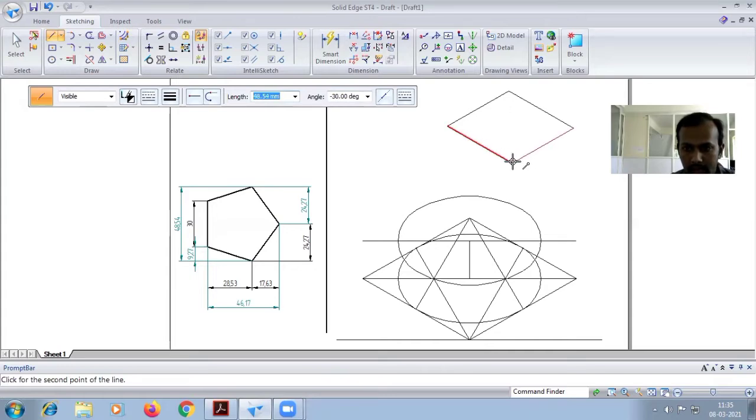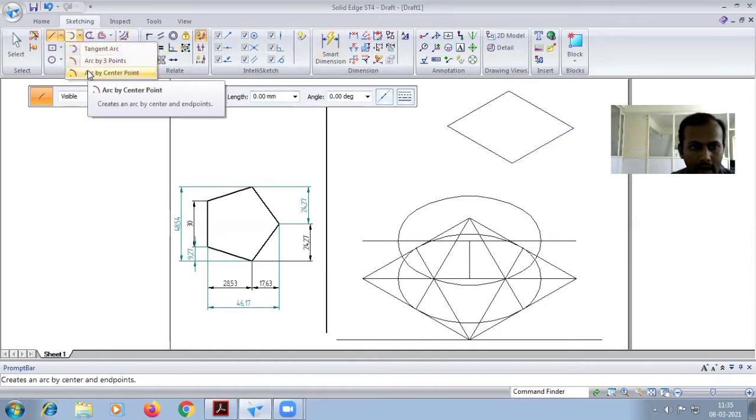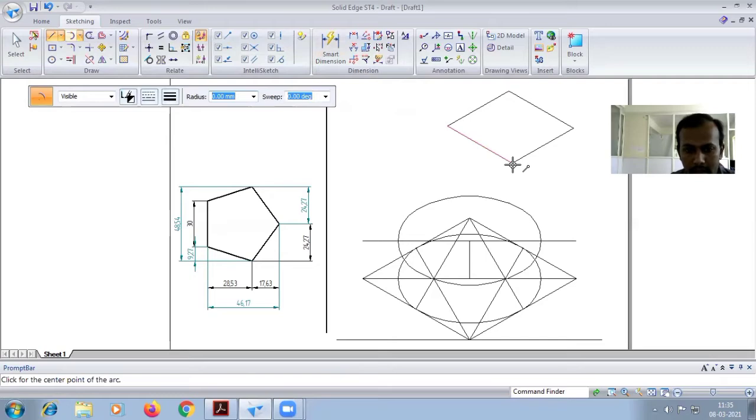Next, you have to join the end point. Here go for the arc method, arc by center. Start from this end point. The distance you can look at is 28.53. So click it here first, then give 28.53. Enter. Take the arc. As it is the same on the opposite side, you have to take 28.53 again. Enter. Click it. Two clicks here. Take this one.